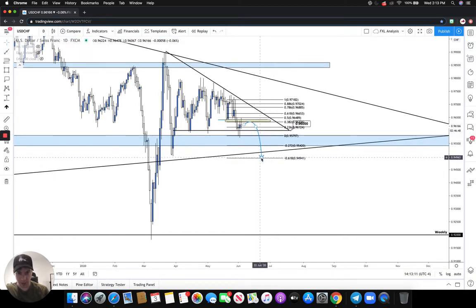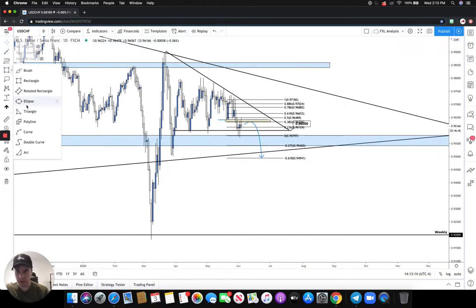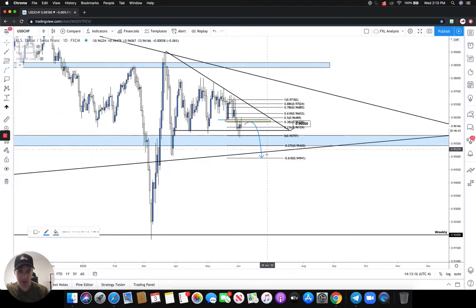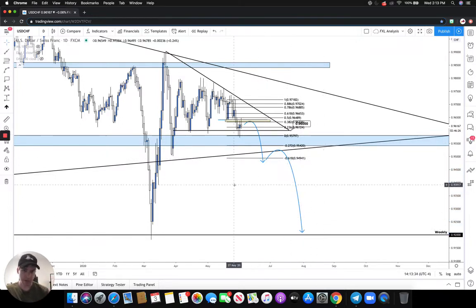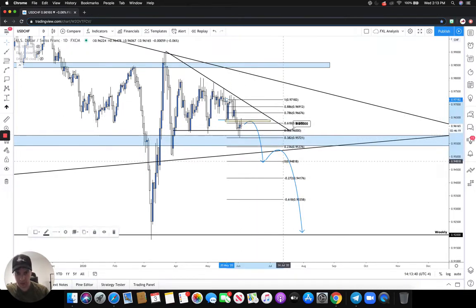If we do get below this, then obviously we'll be looking for a continuation lower outside of this pattern. So let's say we get down to the 61.8. We want another pullback, maybe a test of this trend line right here, and then a continuation downward towards this weekly. That's basically what we want to see: a large push into a higher time frame, push, pullback, and then a continuation again. In which case, we redraw the fibs. Let's say we hit that 38.2 right here. We draw it from there down to the new low, and then you'd be looking for that 38.2 or 61.8